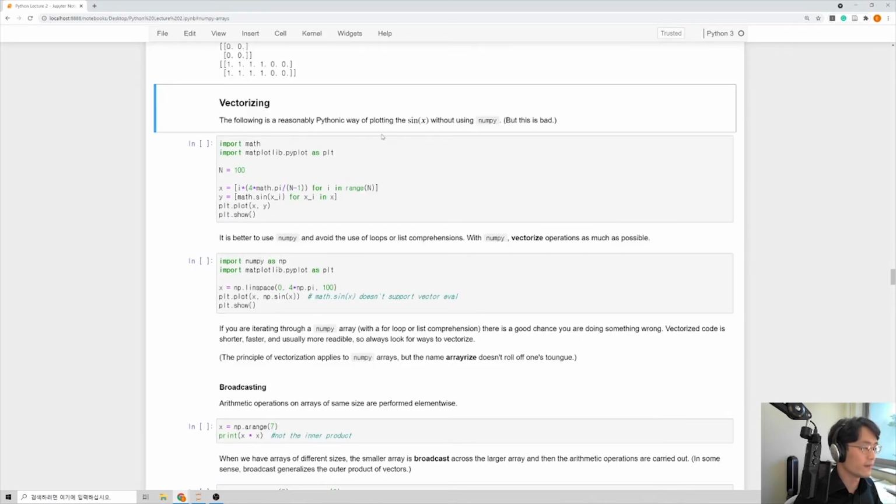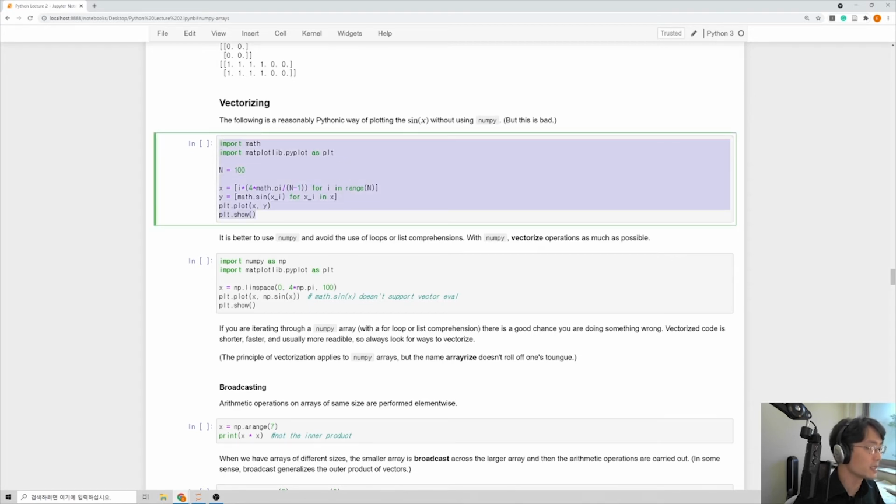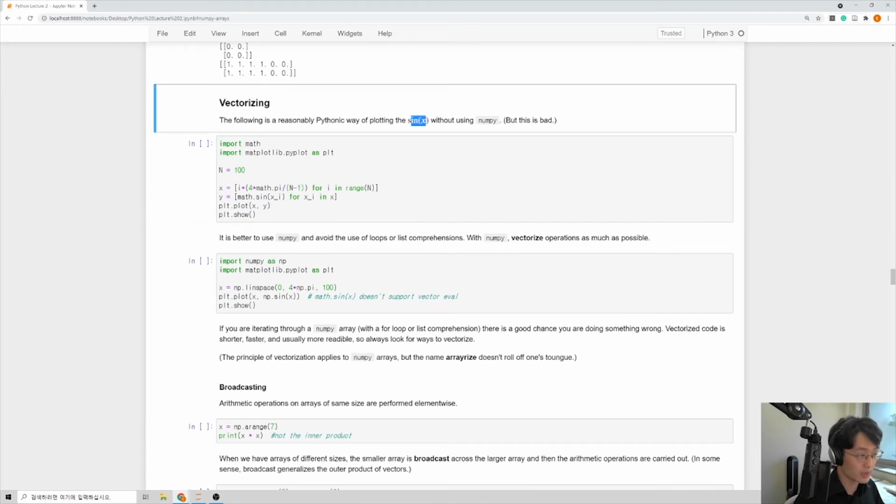So next is the notion of vectorization. This notion might be familiar if you have used, let's say, the language MATLAB a lot, but I'll explain. So let's take a look at this example. This is an example where we have not vectorized anything. And this is a reasonably Pythonic way of plotting the function sine x, but we're not using the